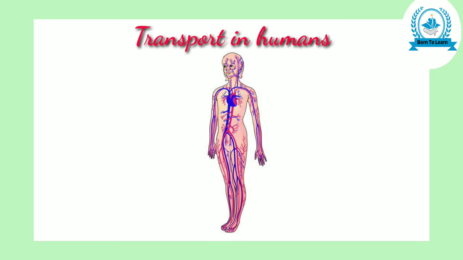The human blood circulatory system consists of heart, the organ which pumps and receives the blood, and the blood vessels or tubes through which the blood flows in the body. In blood circulatory system, the blood flows through three types of blood vessels. 1. Arteries, 2. Veins and 3. Capillaries. The blood vessels of the circulatory system are present in each and every part of the human body, due to which the blood reaches all the parts of the body.